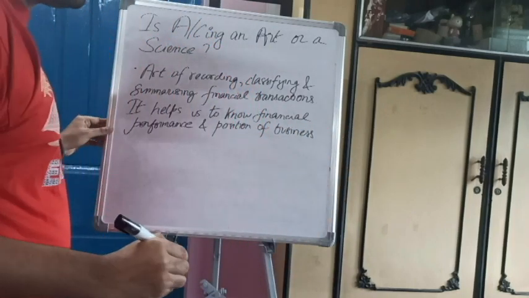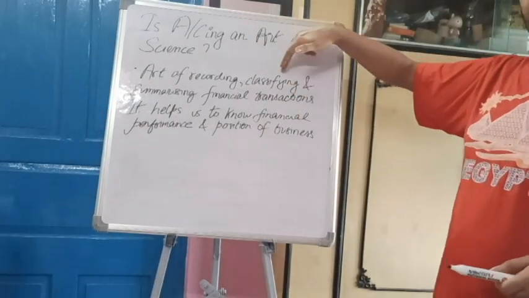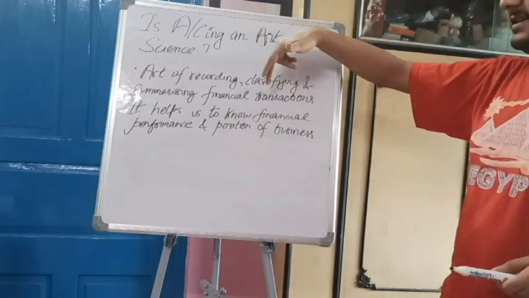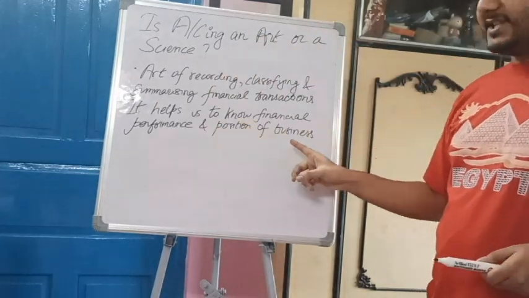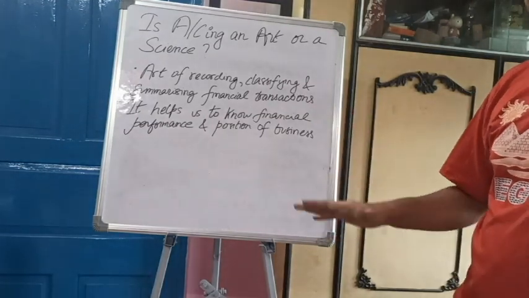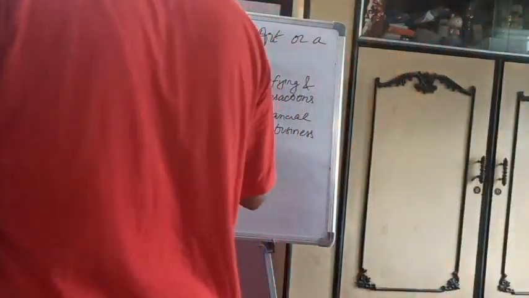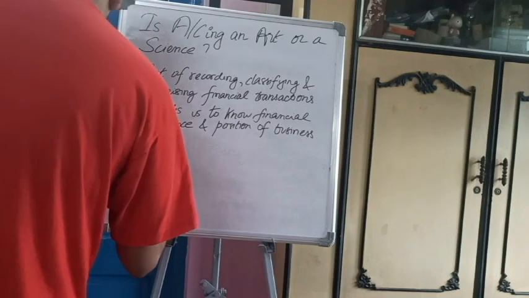That means why is it an art? Because it is an art of recording, classifying, summarizing financial transactions that are monetary in nature, and it helps us to know the financial performance and position of business. That is, what is the position of the business at the current state from seeing this picture. Next is why accounting is a science. Accounting is science because